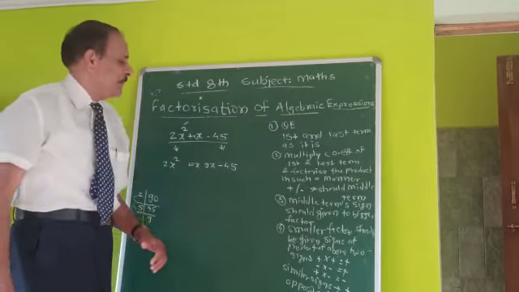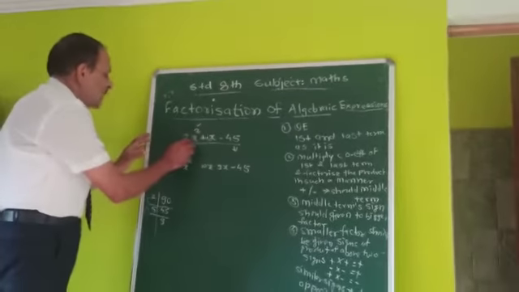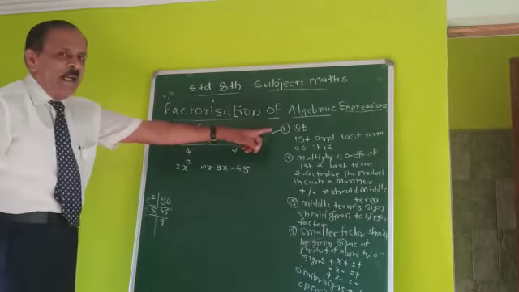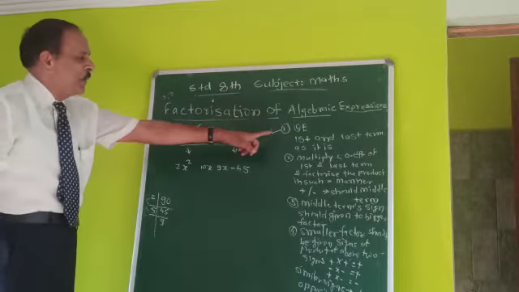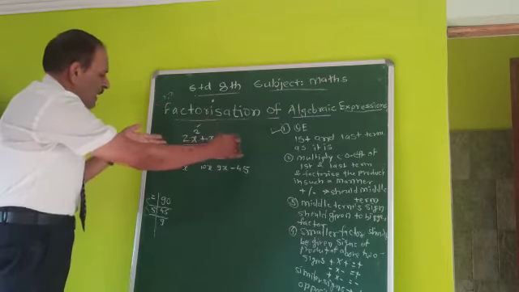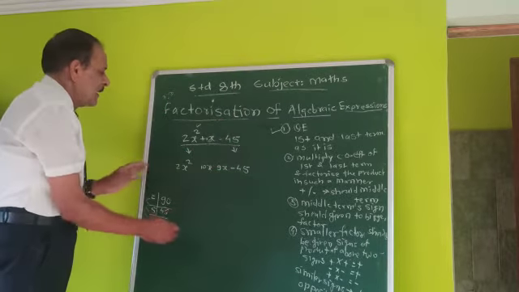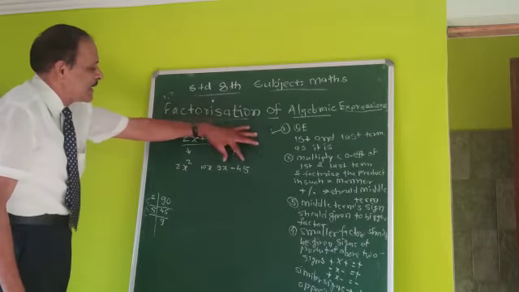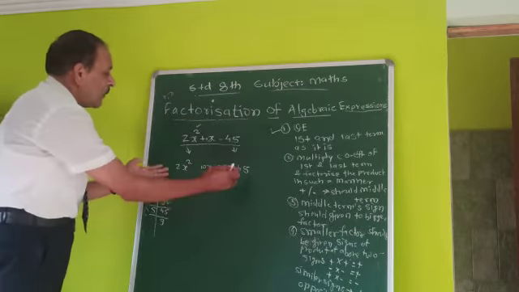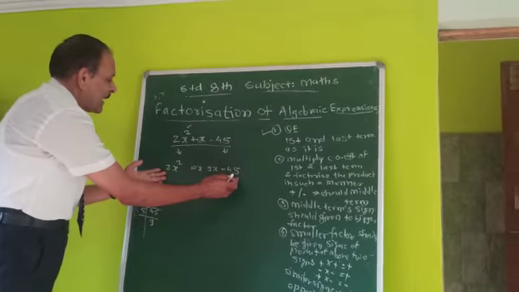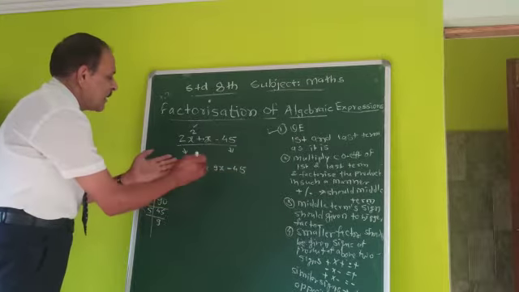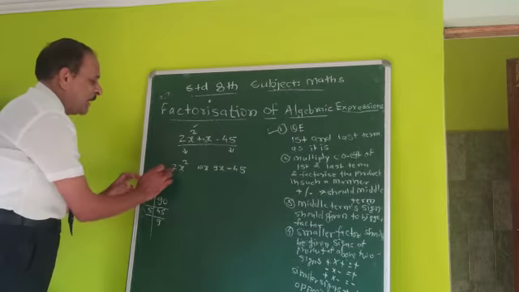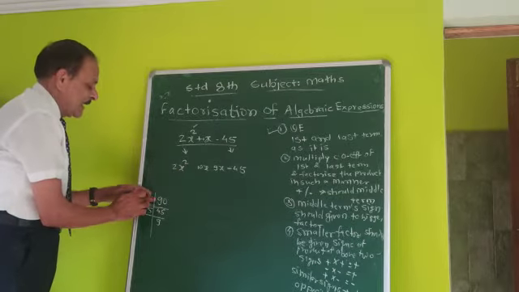Okay? Yes, sir. So here I told you first, what is the first point, Nipun? Yesterday I told you the first point, what we have to do. First and last term we have to write as it is downside. Correct, that is why I showed the arrow: first and last term as it is. After taking the first and last term as it is, take the coefficients of both of them and multiply them. That 45 into 2 gets 90.